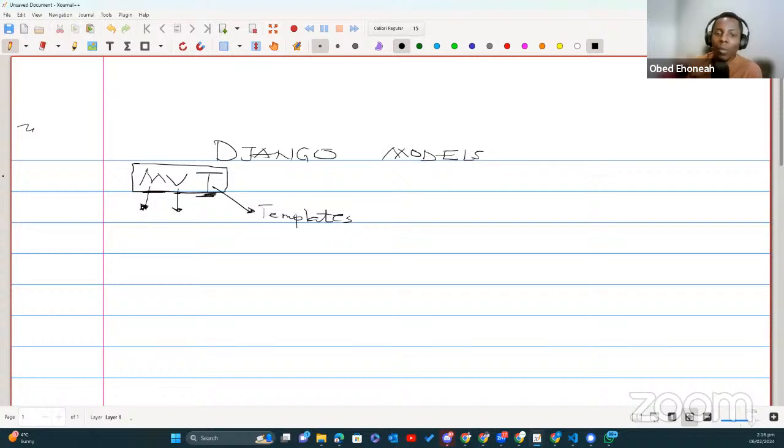you can equally put this data in your database. But in Django, remember, we are working with Python. Python is not a database. It's not a database language. So how then are we able to even communicate with a database? That is where the models come into play. So models, please pay attention to the English word model. When we say a model, that is just a representation of something, right? So what we actually have in Django is, when we talk about a model, it is a representation of a